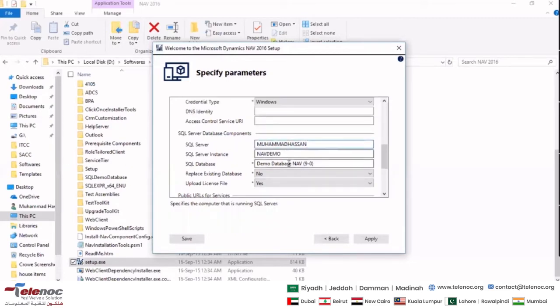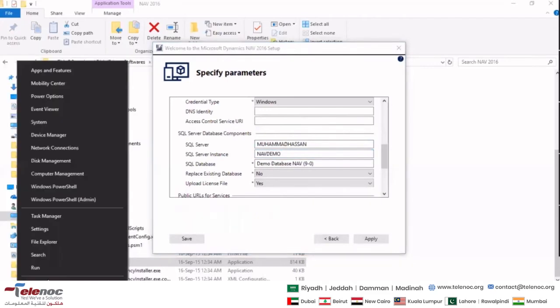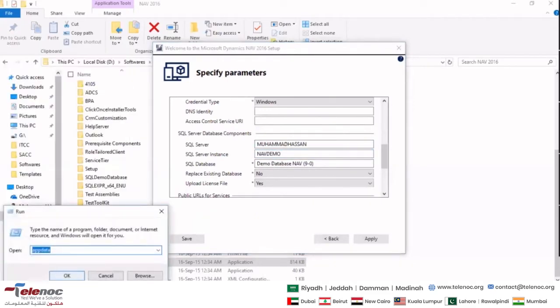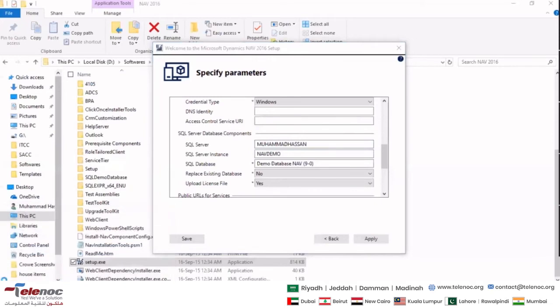The other important thing I would like to address again here is the SQL Server database component. Okay, so this is the information of your database. From this is the server name, the SQL Server, which has the database on it. This is the instance, which I will show you. Let me just show you for a quick second. If I open my SQL Server Management Studio,